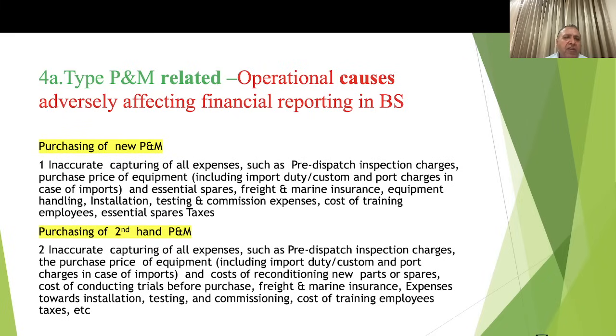The costs involved in purchase of new plant and machinery include pre-shipment inspection charges, purchase price of the equipment, import duty, custom duty, port charges, etc., essential spares, freight and marine insurance, equipment handling, installation, testing and commissioning expenses covered under the SITC (supply, installation, testing, commissioning), the cost of training employees, essential spares and taxes. In the case of second-hand machinery, it is a little more complex because it also includes